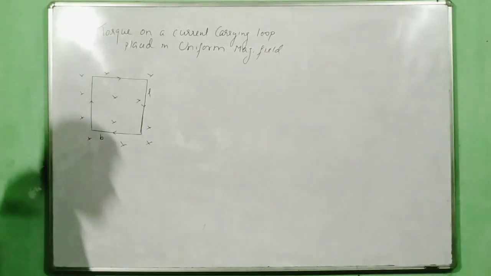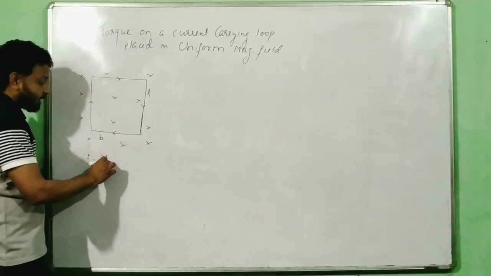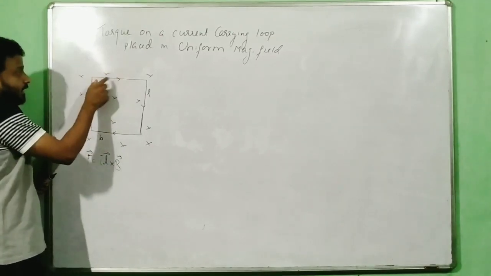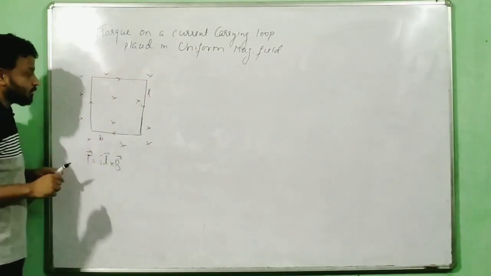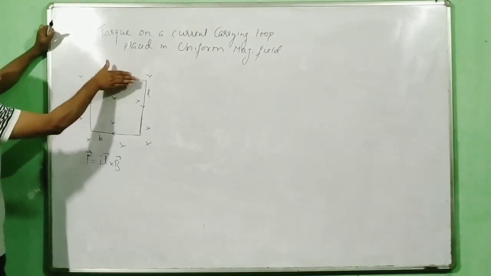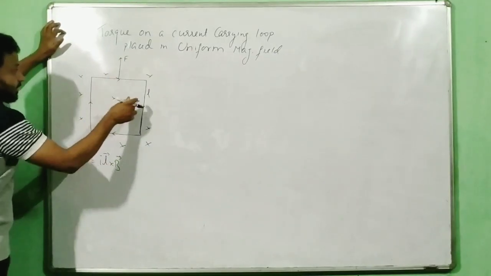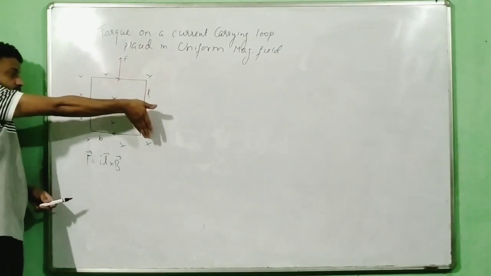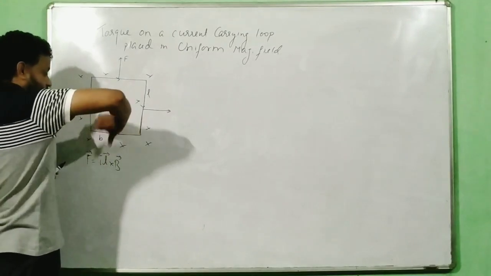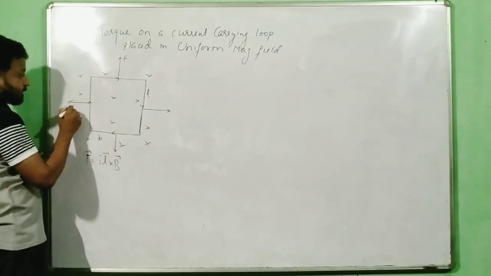Now let's try to find the direction of force here. What is the force formula? The force formula, we know that it is equal to IL cross B. So let us say I want to find the force on this wire. This is my IL cross B. Where is the force acting? Force will act here. This is my force F. Similarly on this wire, this is my IL cross B. Force will be along this direction. This one also, IL cross B, force will be along this direction.